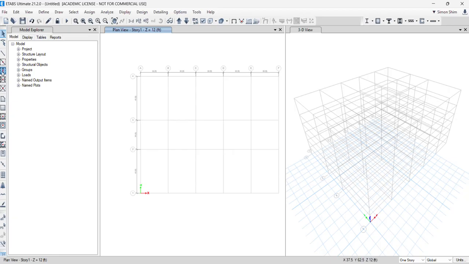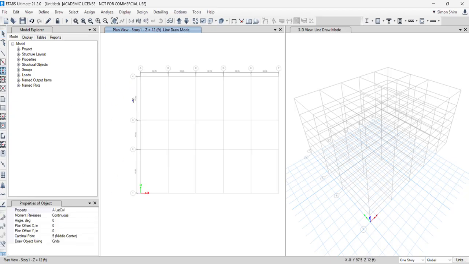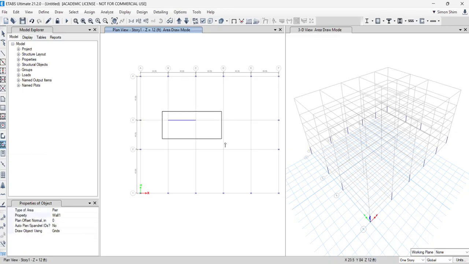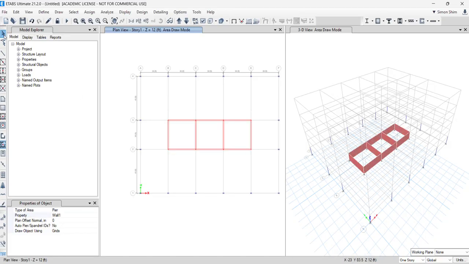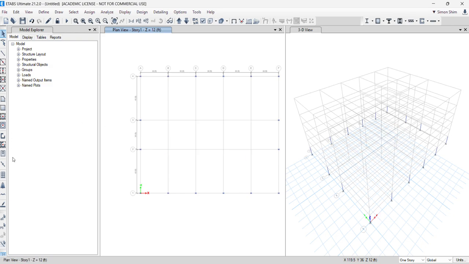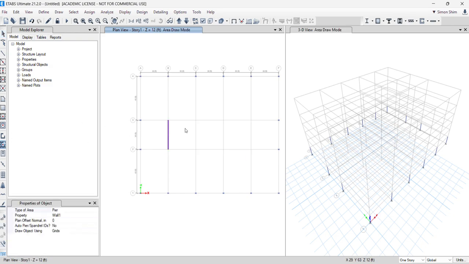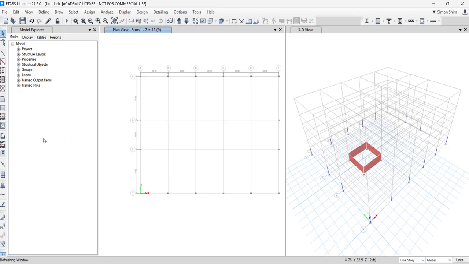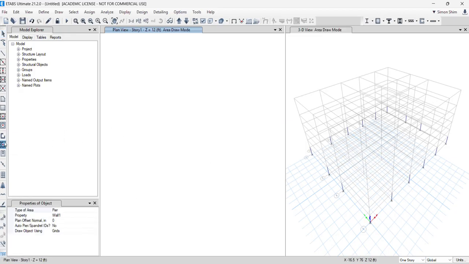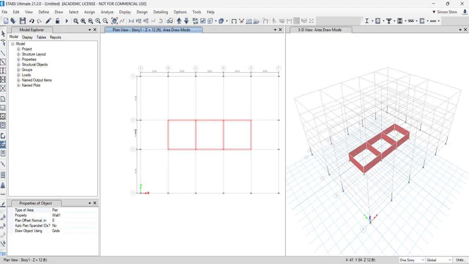So at story 1, I'm gonna click the column. I'll choose a lateral column, and drag and drop. So I add a column there first. And second, this time I'm gonna draw the wall. It's the same thing: you could draw the wall like this, which is quick draw, or you could still click the grid so you can draw this. Later on, we're gonna adjust the wall. But for today, I'm gonna just drop the wall,